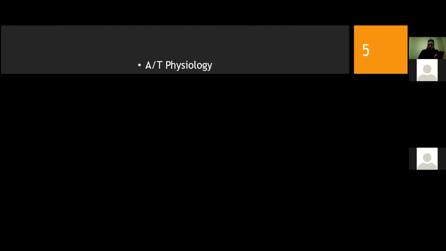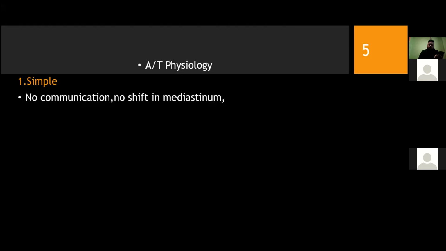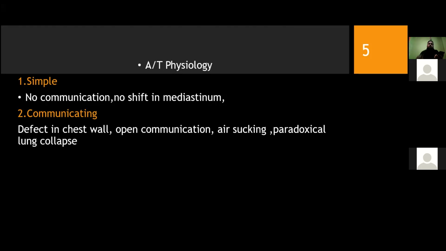Regarding physiology, there are three types of pneumothorax. One is simple pneumothorax, another is communicating pneumothorax, and next is tension pneumothorax. In simple pneumothorax, there is no communication of the pleural space with the external environment, and there is no shift in the mediastinum. In communicating pneumothorax, there is a defect in the chest wall, and there is open communication, which acts as a medium for air sucking inside the pleural space